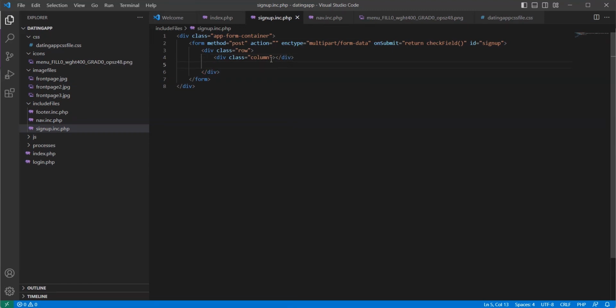Then let's start another tag, div, class equal another column, and let's close the tag. And then within columns,